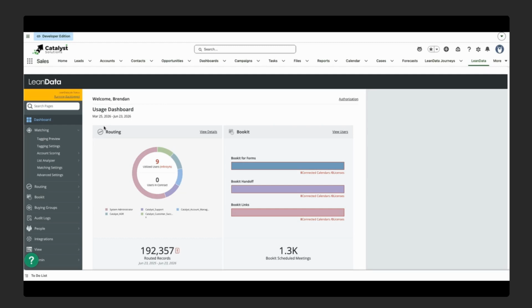For over a decade, LeanData has been recognized as the heavyweight champion when it comes to lead-to-account matching in Salesforce. And you better believe when data comes in from these AI SDRs, it's good, it's bad, missing, ugly, not unlike the forms and chatbots that preceded them. So we'll apply tools like word component tokenization, synonym and acronym dictionaries for people and companies, fuzzy matching algorithms, and of course your custom tiebreaker rules when we run into multiple matches. What does all this mean for scheduling? It means that we schedule with the right person or team the first time, every time.